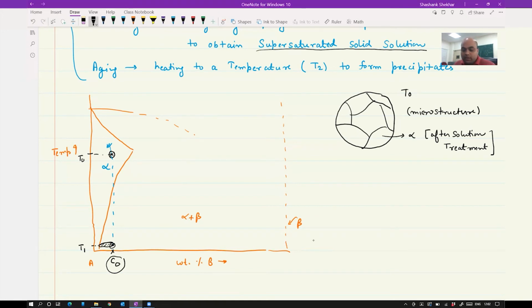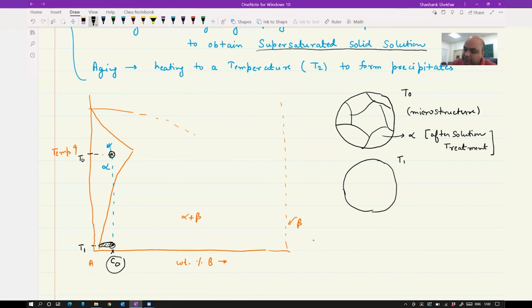Okay, now it is not in equilibrium condition, because based on the phase diagram, at equilibrium you are going to have alpha plus beta, isn't it? So B atoms would like to come out from the matrix. Okay, so let me draw the microstructure. So the microstructure as such will remain the same